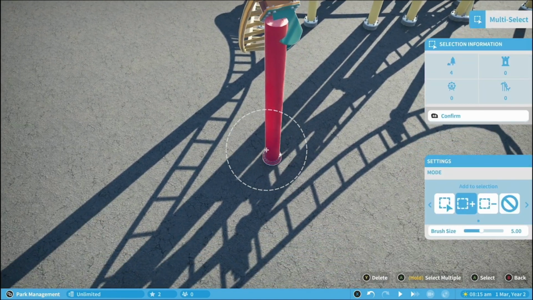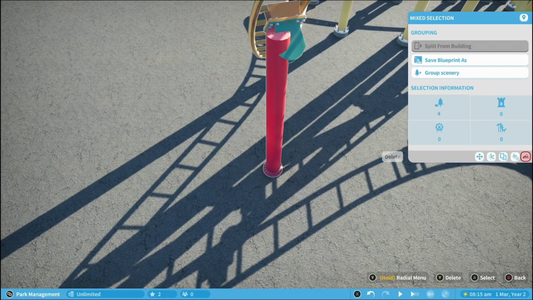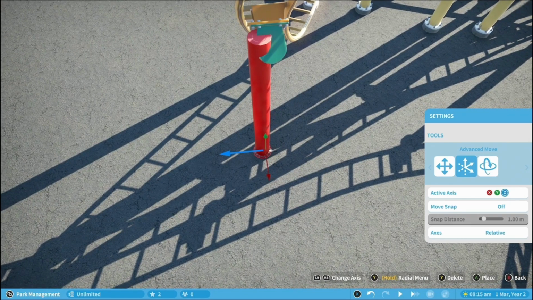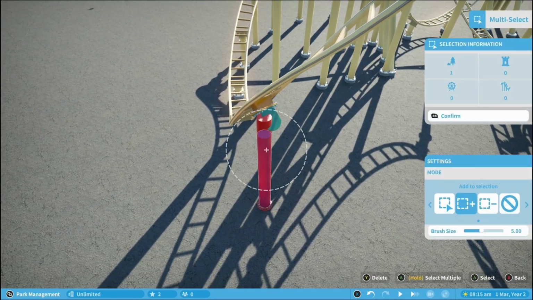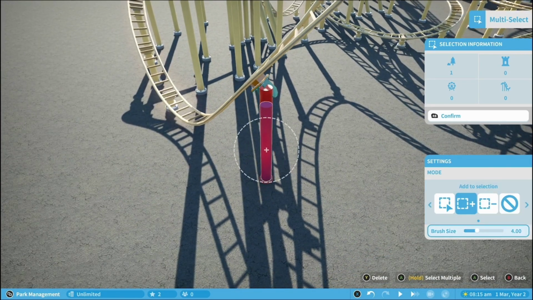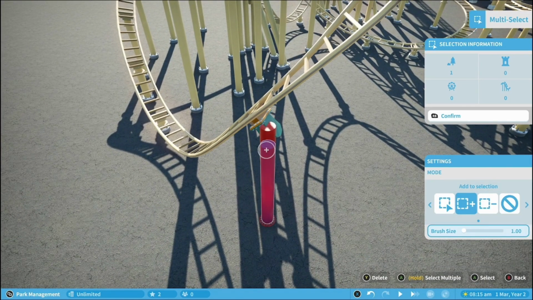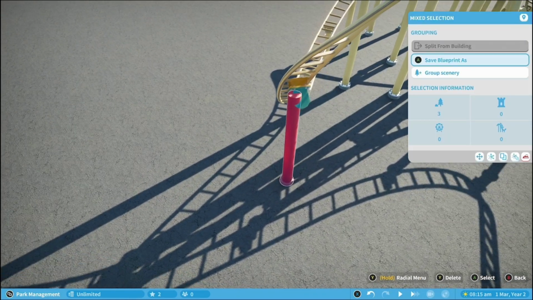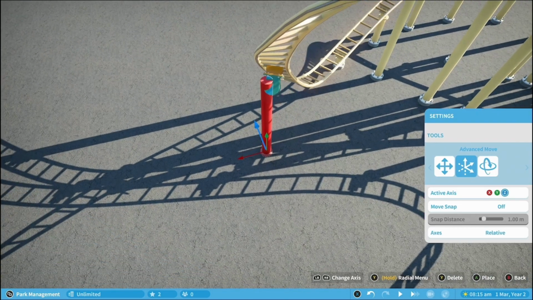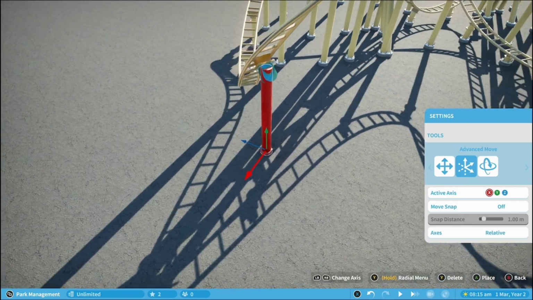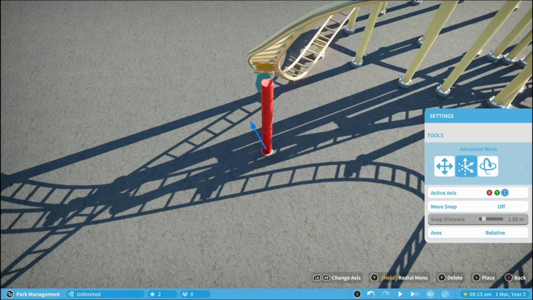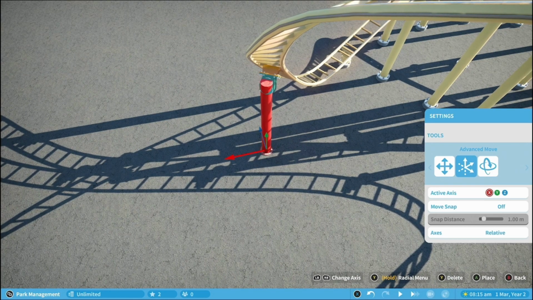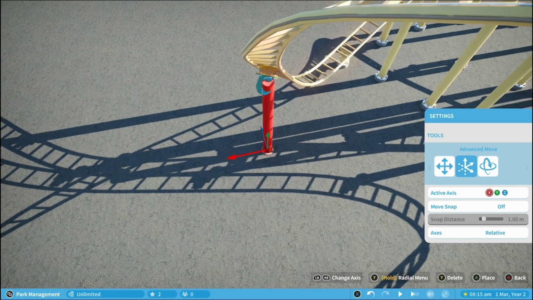So if you come back into your move tool, select everything and go advanced move again. And now that we're at the same height, I've selected the top. You've got to be careful if you do that. The best way is to make the brush size a bit smaller when you're doing your selections, to make sure that you don't select the piece that's already on the coaster. Come across to your advanced move, and we're going to try and align that so it's a bit closer to the center of the support,